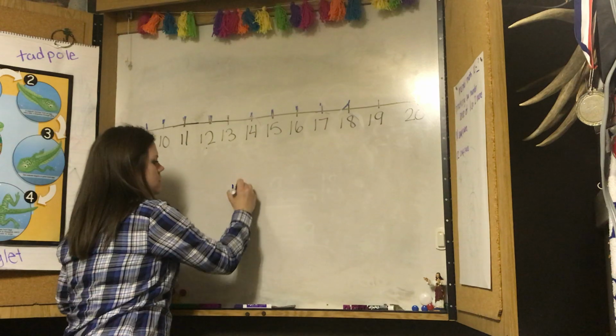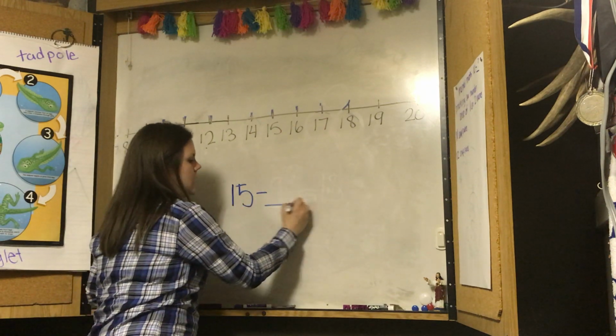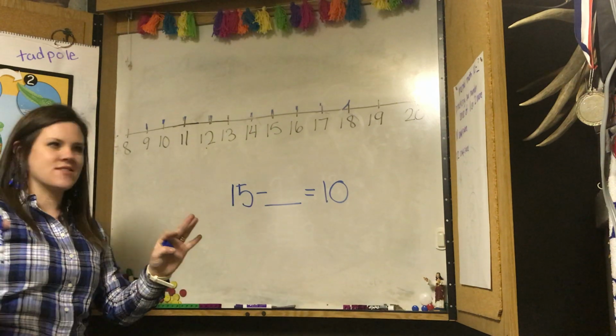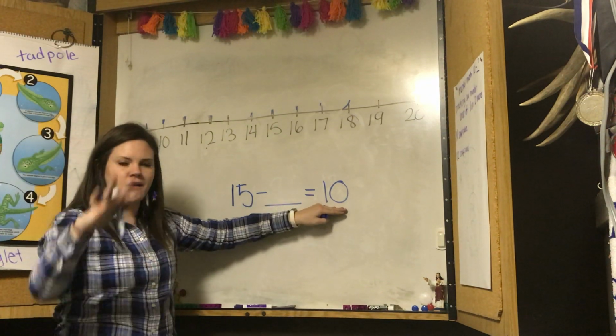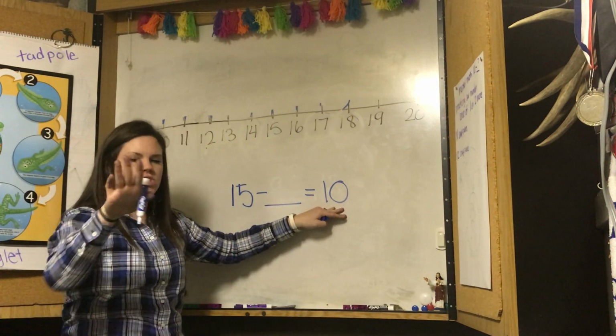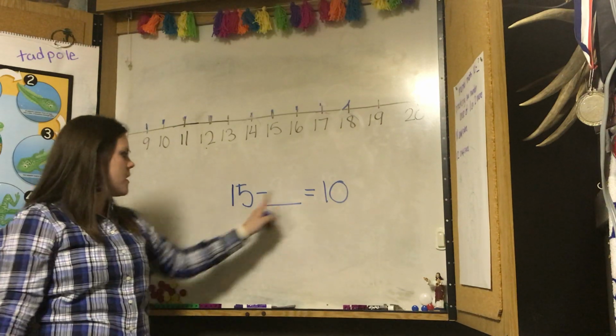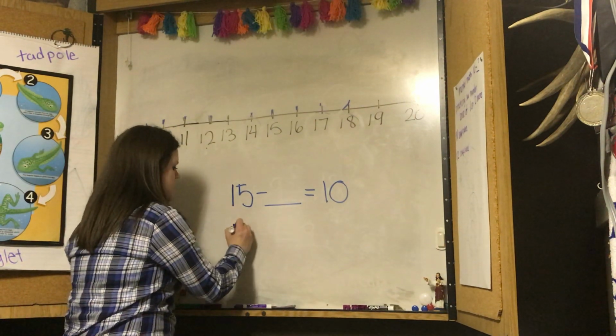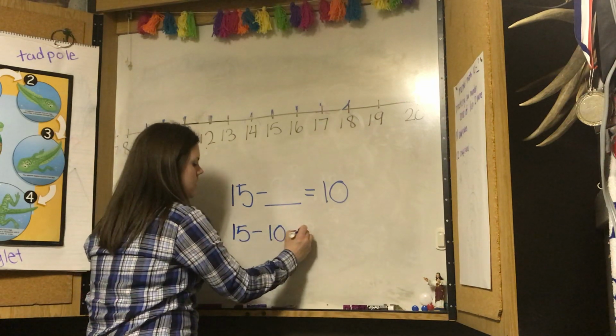15 take away blank equals 10. Well, I just talked about this, right? Making 10 is such a strong point of yours, guys. You are so strong with your number sense within 10. So this equation is the same thing as saying 15 take away 10 equals,